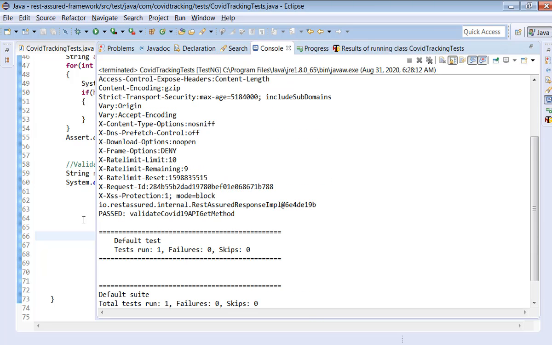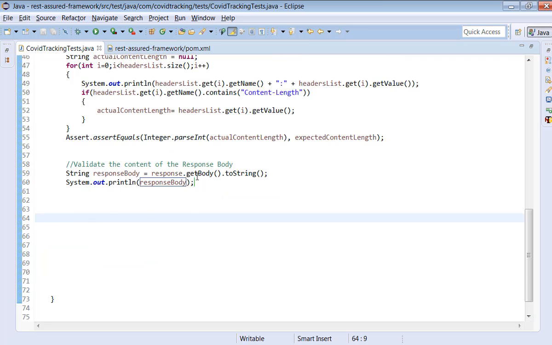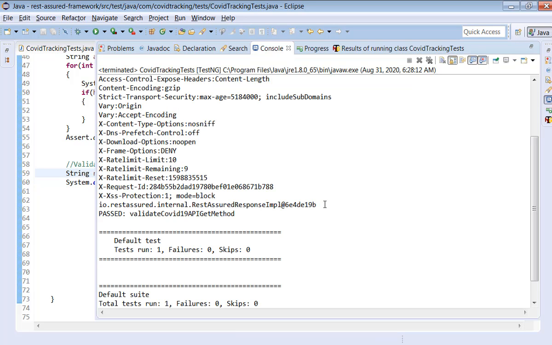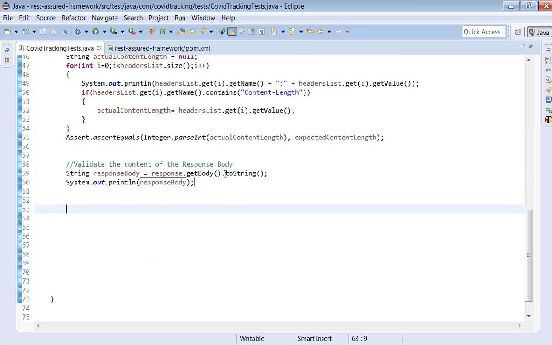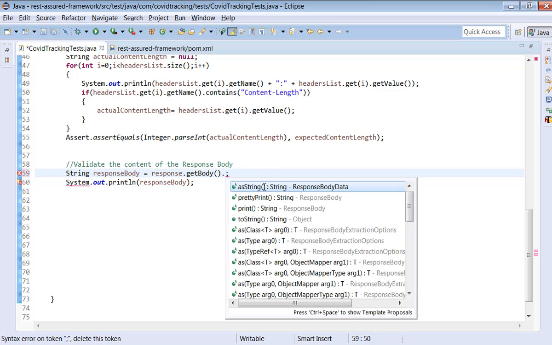See, we got the response, right? Response body. Okay. So what is happening is we are calling response.getBody.toString, but here we are getting some object, not the string. If you see the outcome, it's an object, the hash code of an object. So we need a string to be printed. Let's try to do one thing.